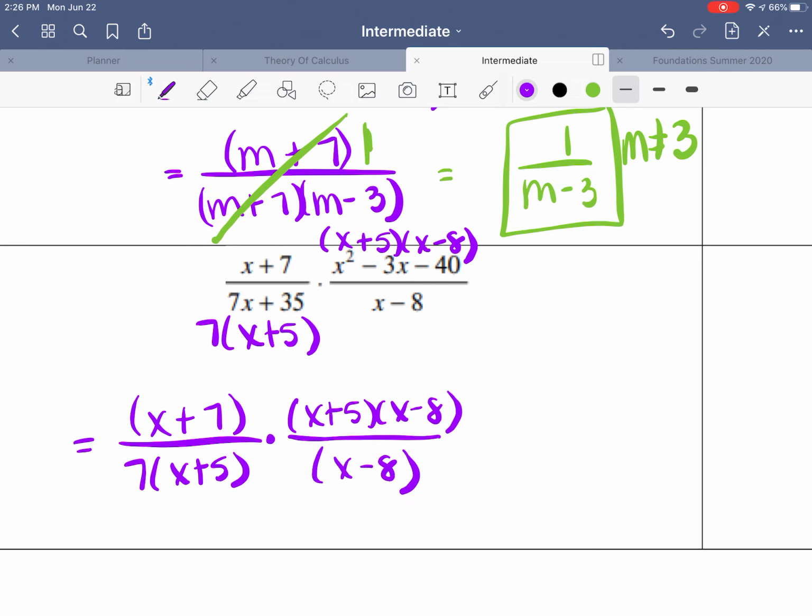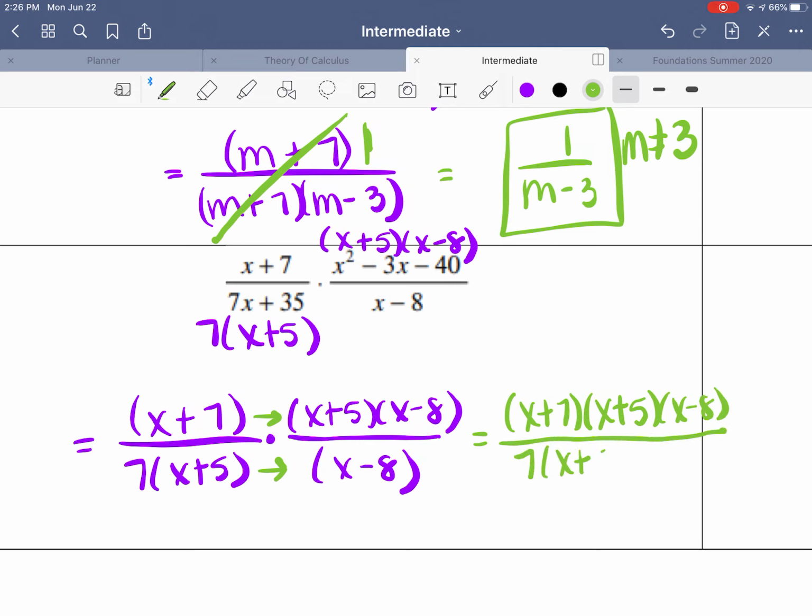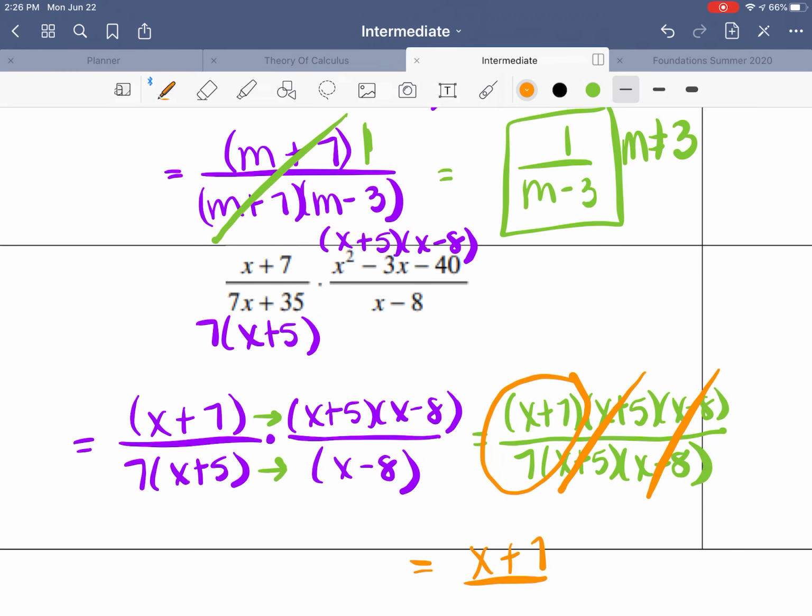And we know with multiplication, we can multiply straight across. So I'm not going to actually multiply these out, but I am going to write them together on the same line. If I multiply it out, I'll be where I started, and I'm really trying to simplify, so I don't want to do that yet. You might notice that we have x plus 5s and x minus 8s, and we're left with x plus 7